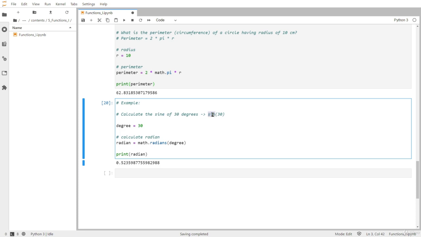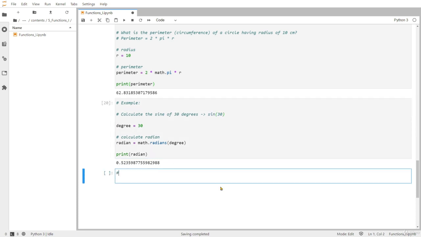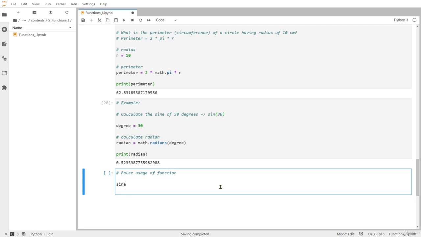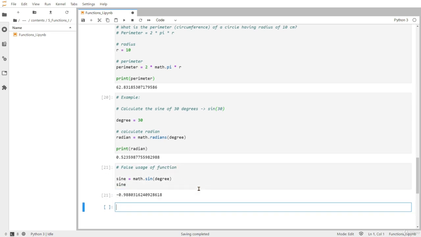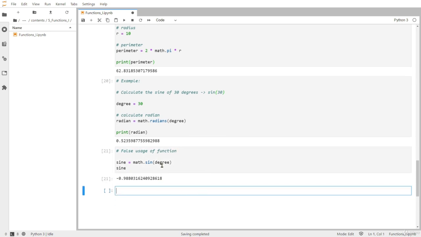I want to calculate the sine of 30 degrees, and first, intentionally, I will do it wrong. False usage of function. You will see where we did the error. Now I need sine, and I will name this variable as sine. This is from math.sin function, and I will put here degree as a parameter, and let's see what it is. If I calculate the sine of 30 degrees, it will give me